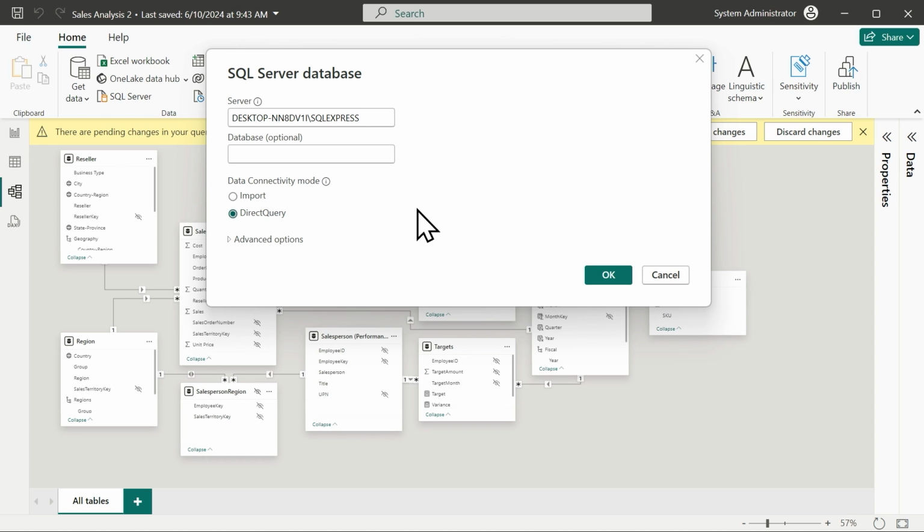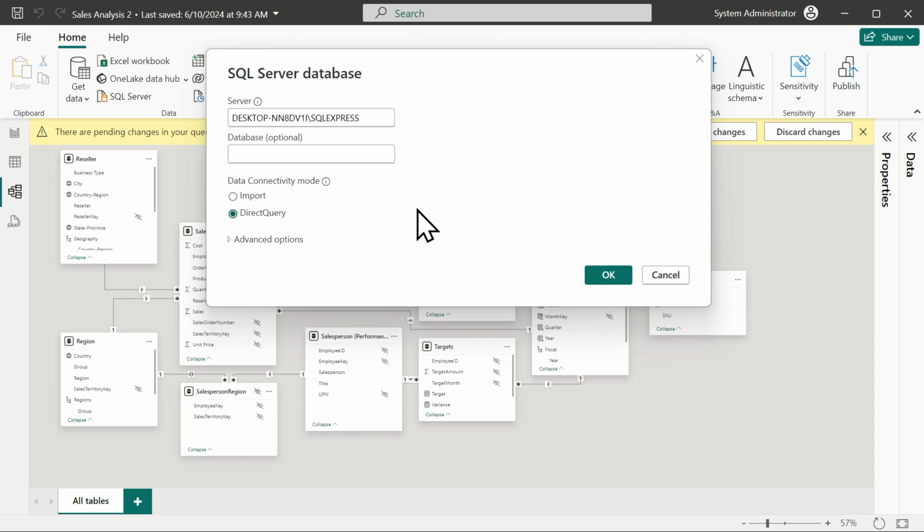So if I do Direct Query, I'm going to have Power BI query that data source, SQL in this case. And especially when I take this report or make a dashboard out of it, and I have it loaded in the Power BI service in Fabric and M365, I'm going to have to create a data gateway to get to it if my SQL Server is on-prem. So when we do Direct Query, we keep the data at the data source, and then we query it, and so we will need a gateway in some cases if it's on-prem. We're going to need a VPN to get connected from on-prem to our M365.